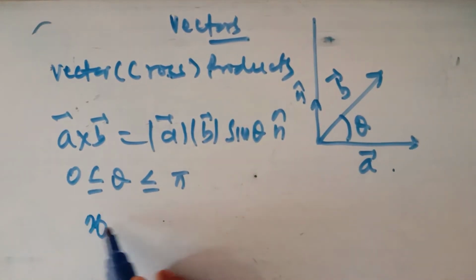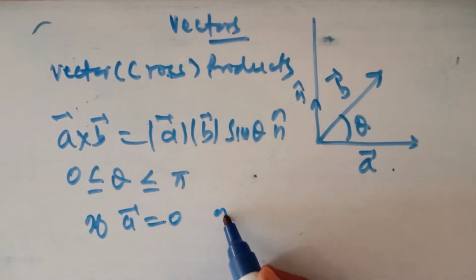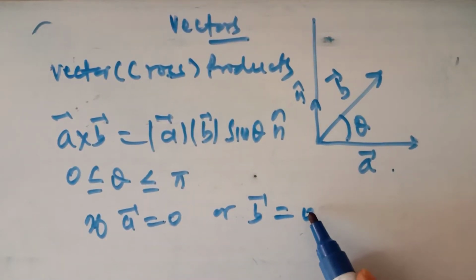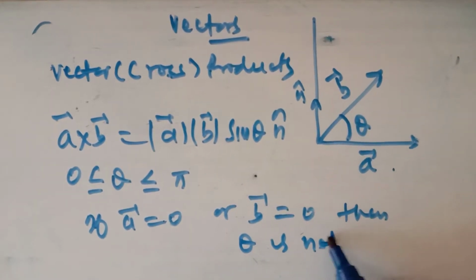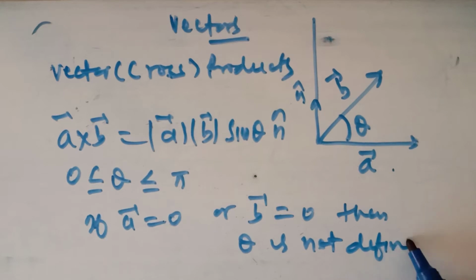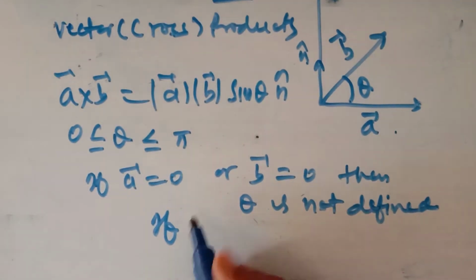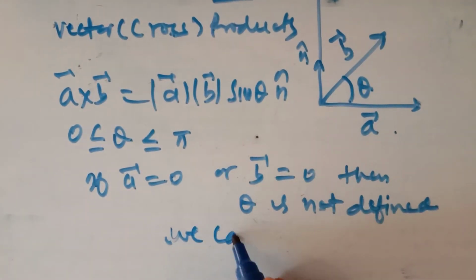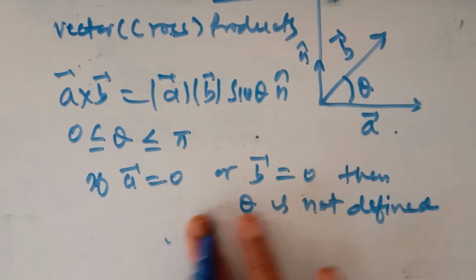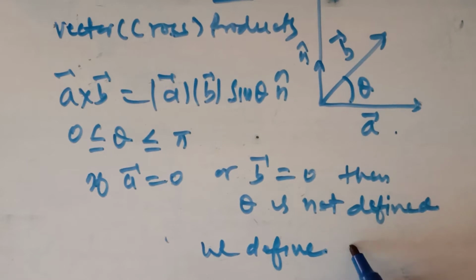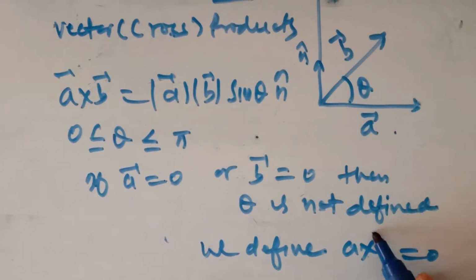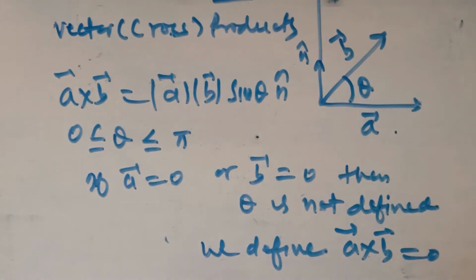Now if vector A is equal to 0 or vector B is equal to 0, then we can say theta is not defined. But we can define that A cross B will be equal to 0 if the vector A or vector B or both are equal to